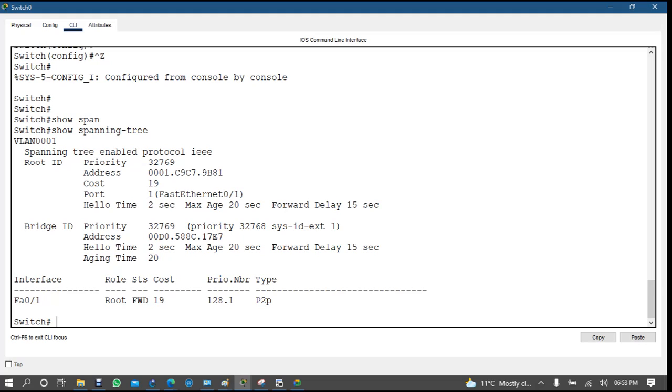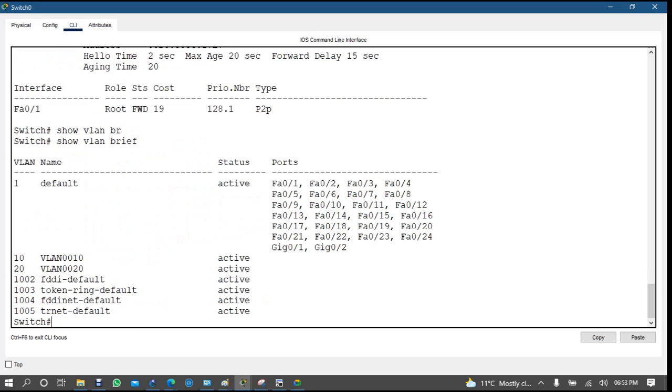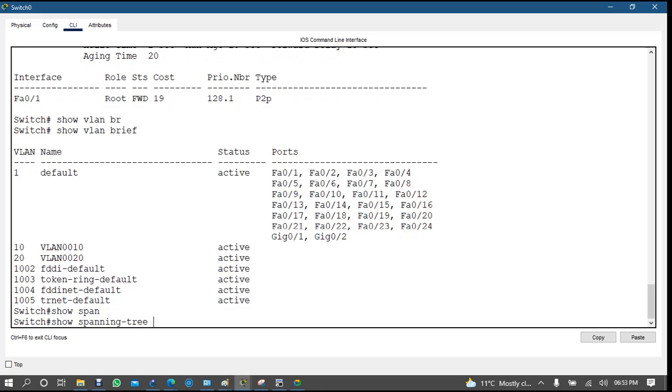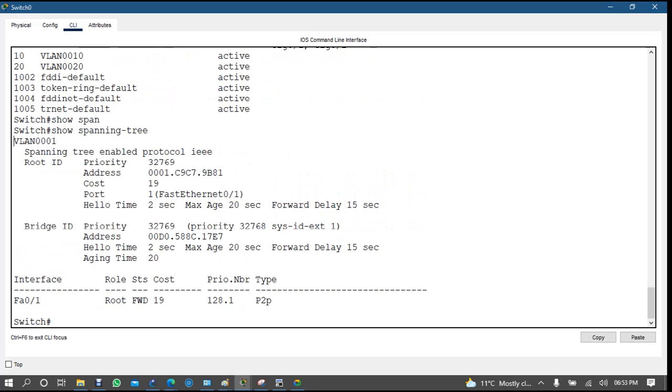But where is VLAN 10? See, VLAN 10 is there in show VLAN brief, both VLAN 10 and VLAN 20. But if I check here in spanning tree, you have only a single instance. So if you are trying to make this switch a root switch, see here,